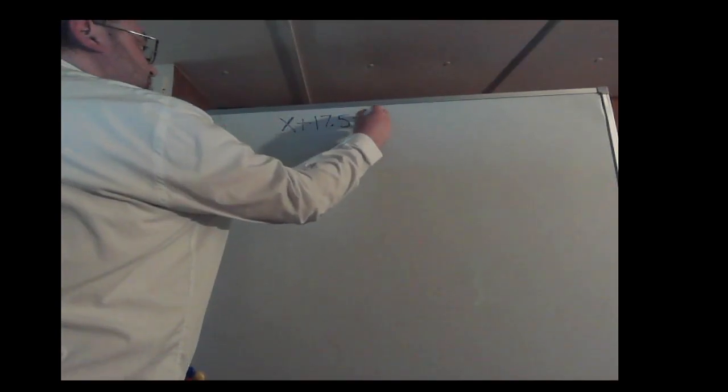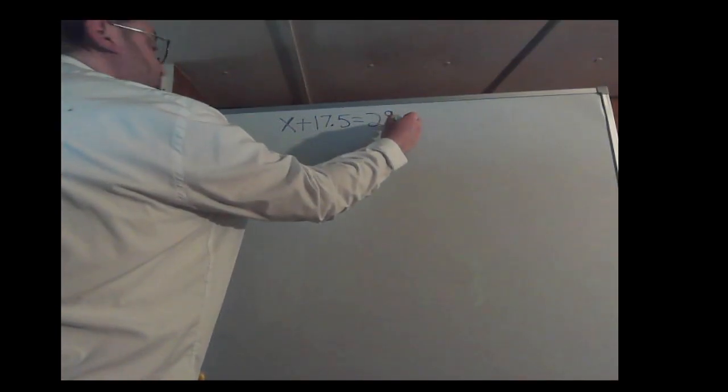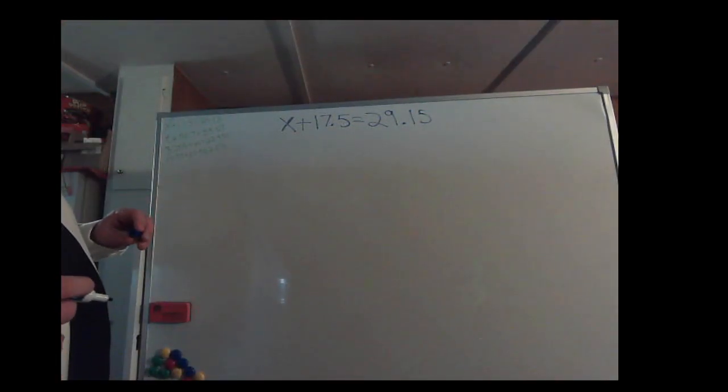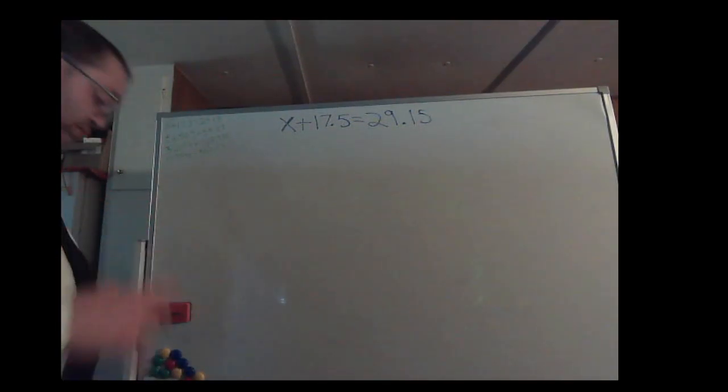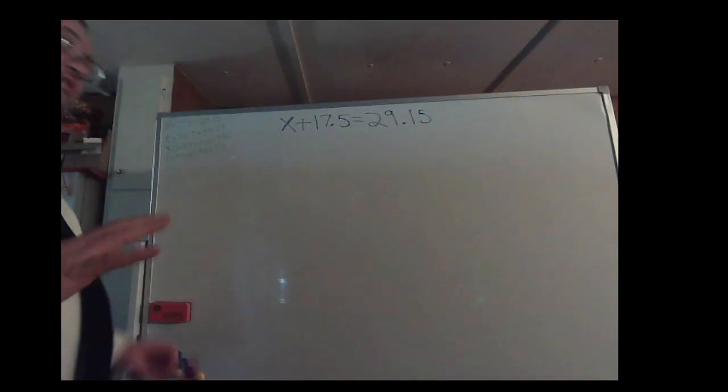Today we are going to talk about decimals and variables. So I have 4 example problems here, and a lot of you are probably familiar with variables already now that we've been doing them with whole numbers and fractions. So we have our first one here, x plus 17.5 is equal to 29.15. Well, the goal to solving any variable equation, of course, is to get the variable by itself on one side of